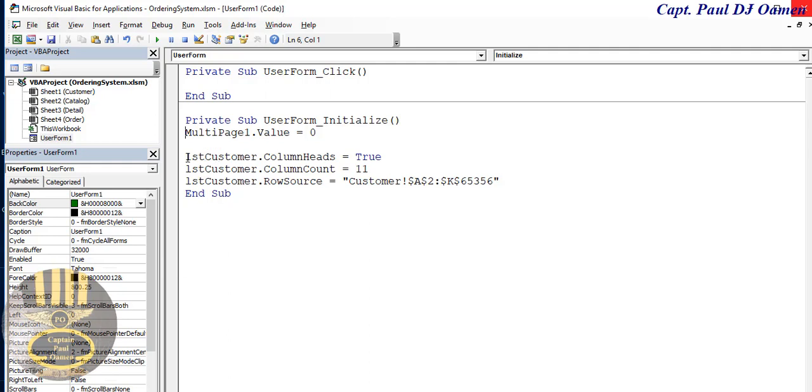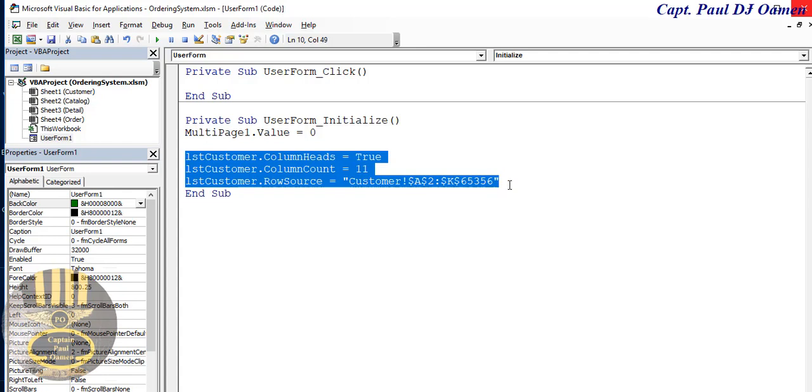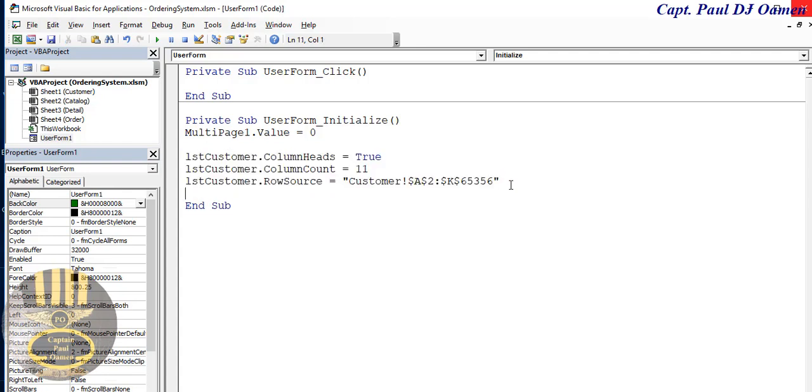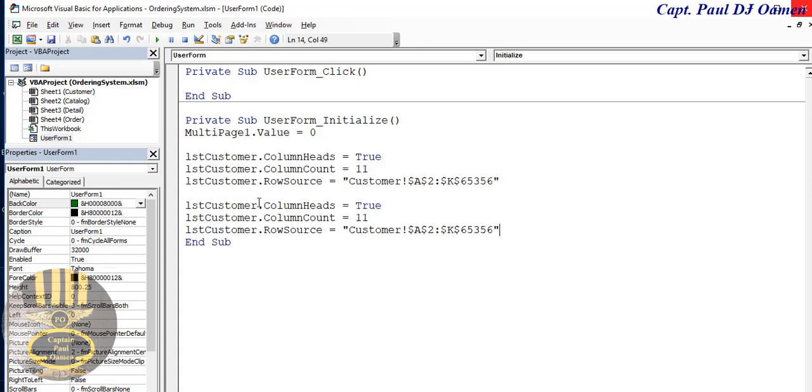I might as well just copy all of these and just change things around. Come right down here. This is going to be the catalog. And change this to catalog as well. In the case of catalog, I have 9